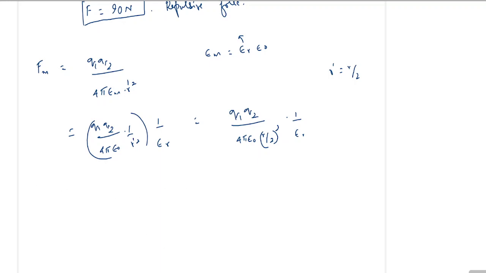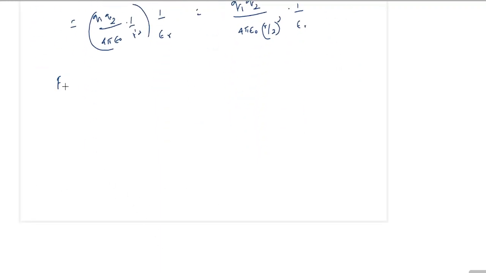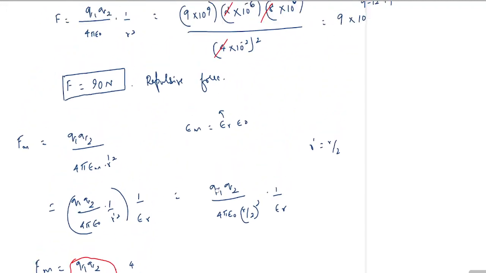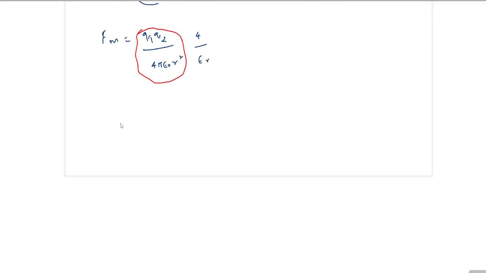If you rewrite this, then the force in the medium is equal to, in examination write one below another, don't write next to each other, there will be enough space to answer it. I'm writing here to save space in the page, otherwise keep writing steps one below another. So it will be q1 q2 by 4 pi epsilon naught. This becomes r square, 2 goes on top, so 2 square becomes 4, so 4 by epsilon r. But this was the force in air, that's the earlier case, and that answer was 90 Newton. So force in the